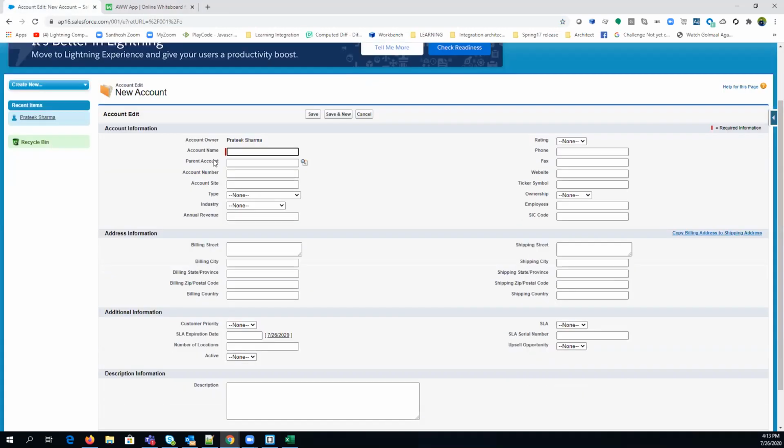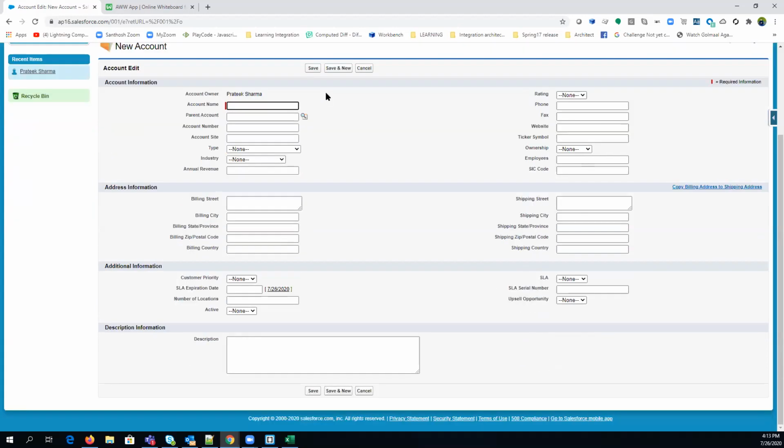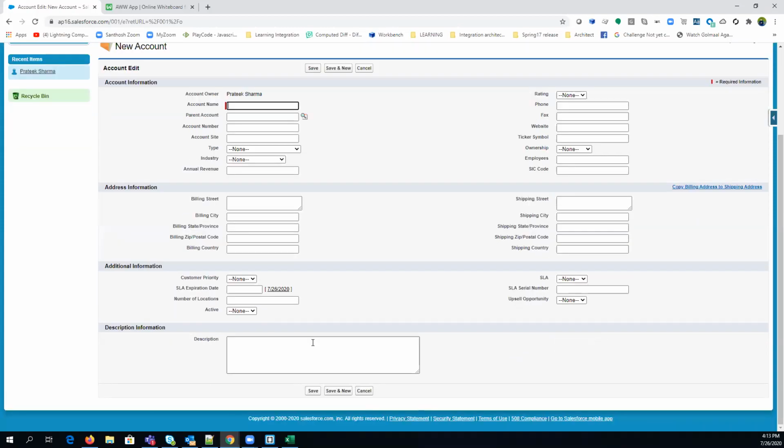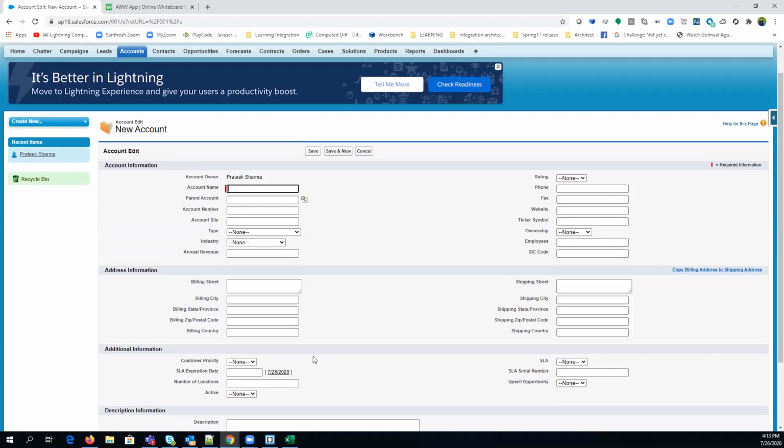You will always see that if you want to read the data, you can simply click on the tab and data will be visible, right? But if you want to insert the data, you have to open this page layout and fill in the information. And after clicking on save, the data will be saved on the database platform, right? And again, if you want to edit, then you can simply open the record and do the needful and hit the save or update, right? And same for the delete, you can simply hit the delete button and data will be deleted. All these operations will be performed on the database.